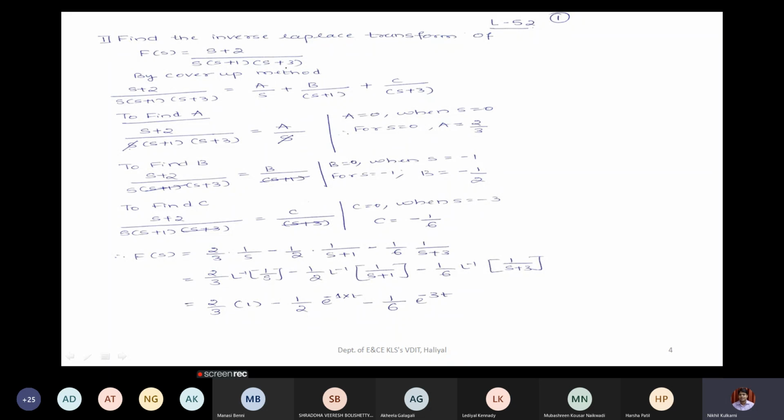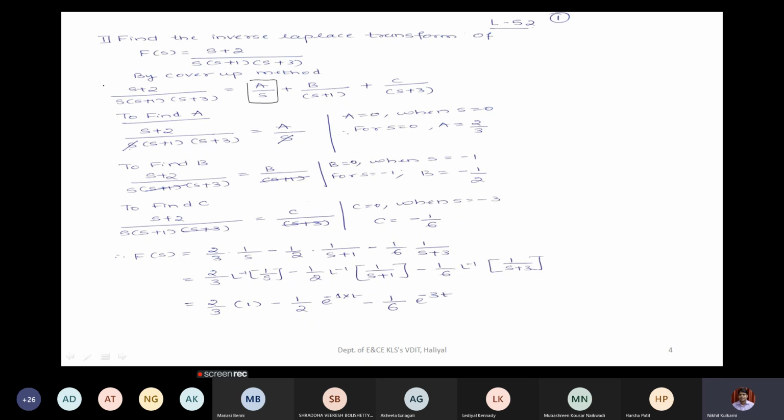You may have minus also, but let us not go into the details of that, since it is part of mathematics. Here you just have to remember how to get the roots. You can write it as a by s, b by s plus 1, and c by s plus 3. To find a by the cover up method, what I told you is to equate